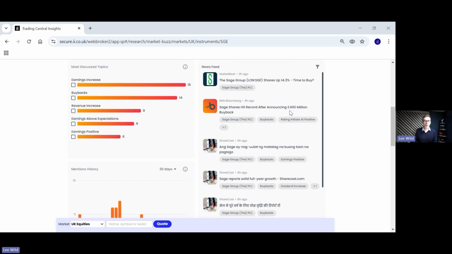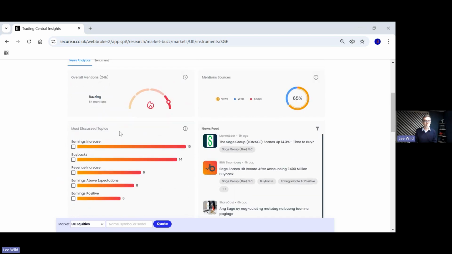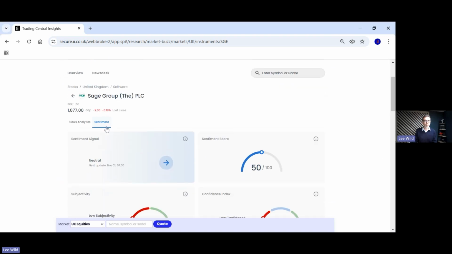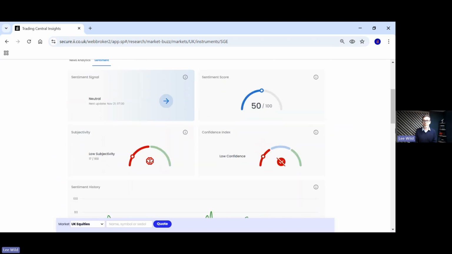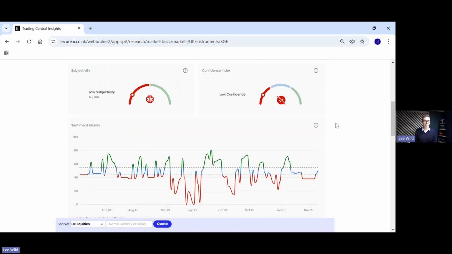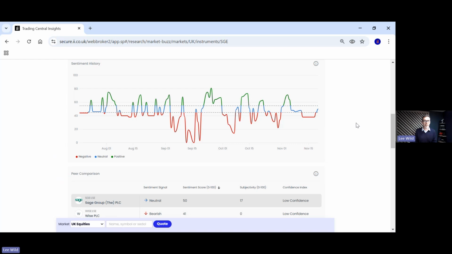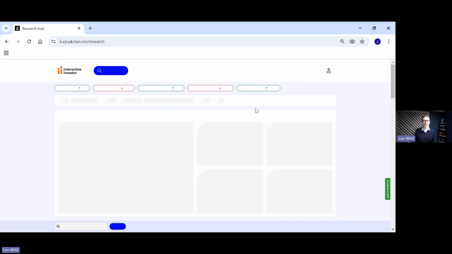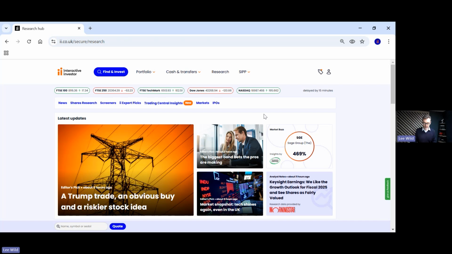You can scroll down the page. You can see the news feed, the most discussed topics, what people have been mentioning. These cropped up in the results, and you can also look at the sentiment button there, and that takes you through to one of the screens that Gary talked you through earlier on, with sentiment signals, scores, confidence index, and subjectivity. And there's a sentiment history there too. If we go back to the Research Hub,